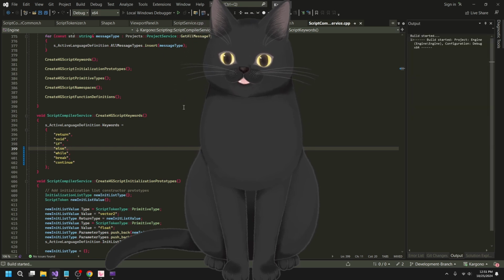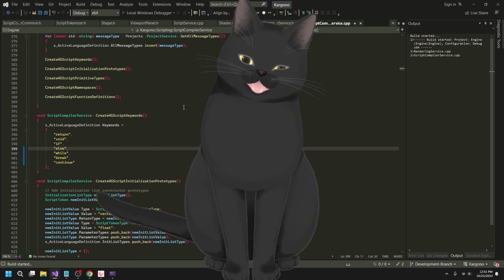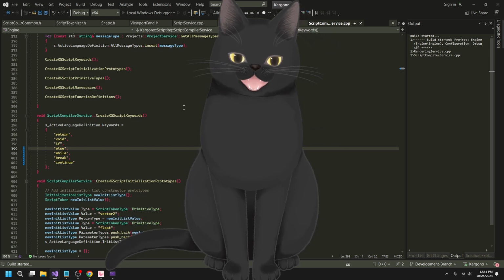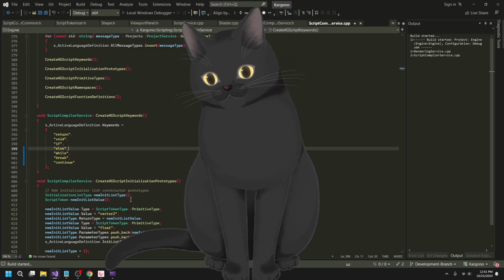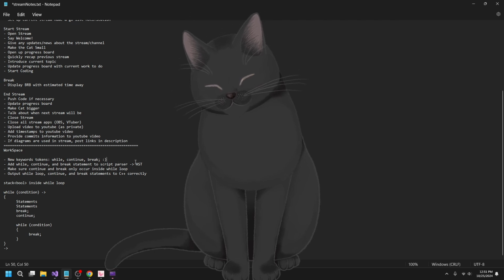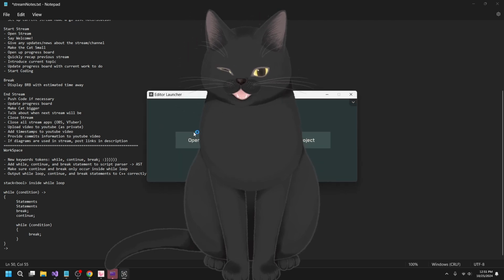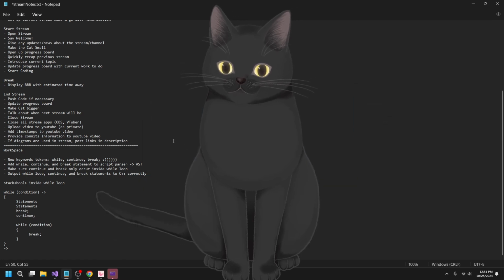If I compile this now, the parser has no idea how to deal with these keywords, but we should at least recognize them as keywords. So surprisingly enough, this is done. You gotta take your easy W's when you get them, right?